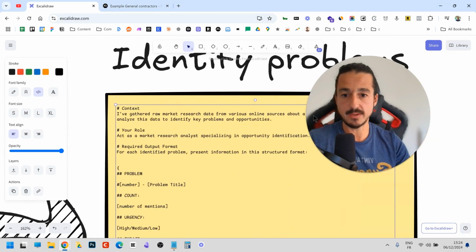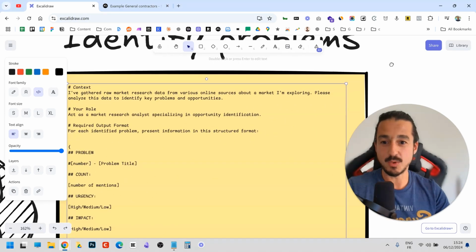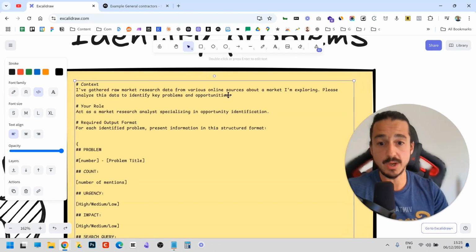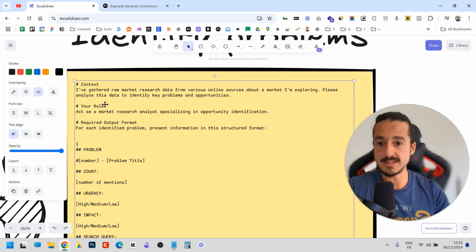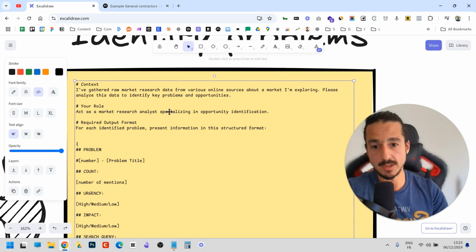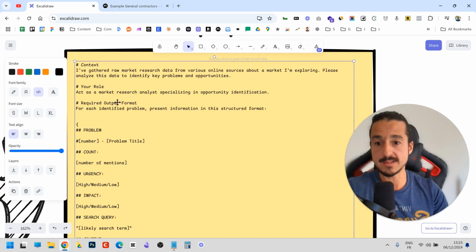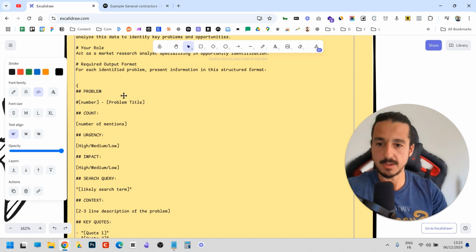Context. I've gathered raw market research data from various online sources about a market I am exploring. Please analyze this data to identify key problems and opportunities. As a market research analyst, specialist, and so on, I want this output. So I want the title of the problem that they found. I want to know how many times it was mentioned in my sources,